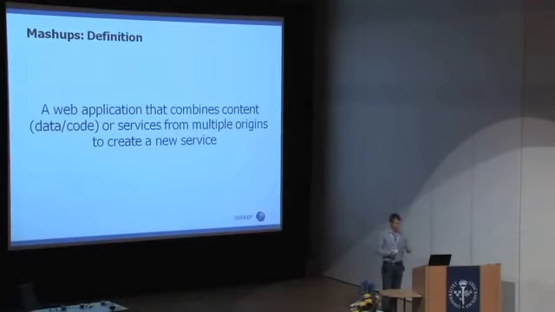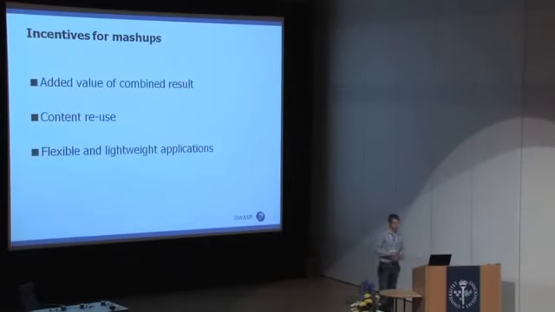A mashup can be defined as taking a web application, taking content from multiple sources, even multiple origins, and combining it into something new. And this something new, of course, first of all creates added value, but there are other incentives to do the same thing. You can reuse your content in very different ways, which can create very new experiences. Often this content reuse is realized by using content that was not even meant to be reused. For instance, in the Craigslist example, when the site was constructed, they were not anticipating that someone would use the content